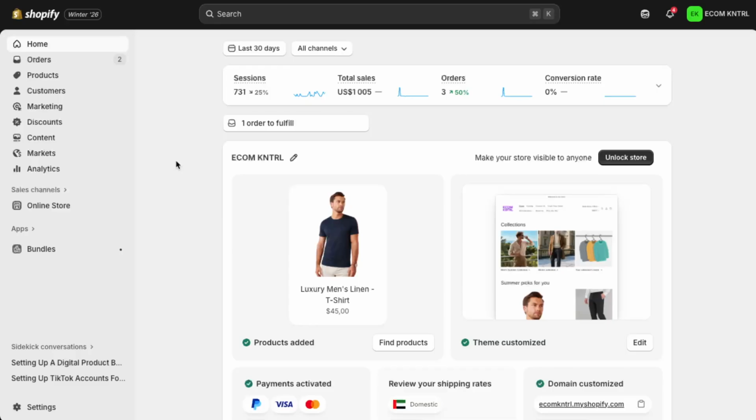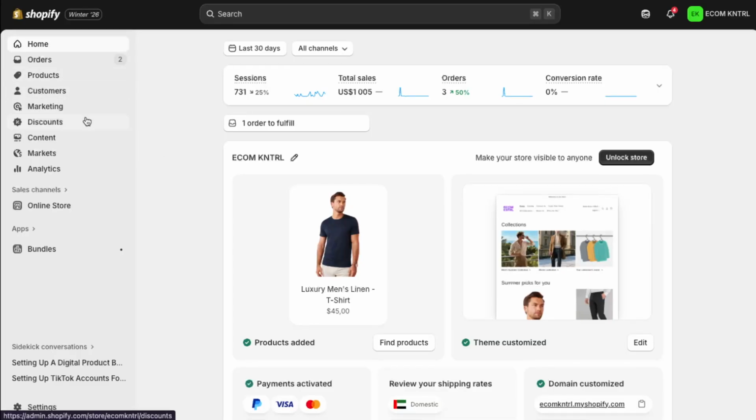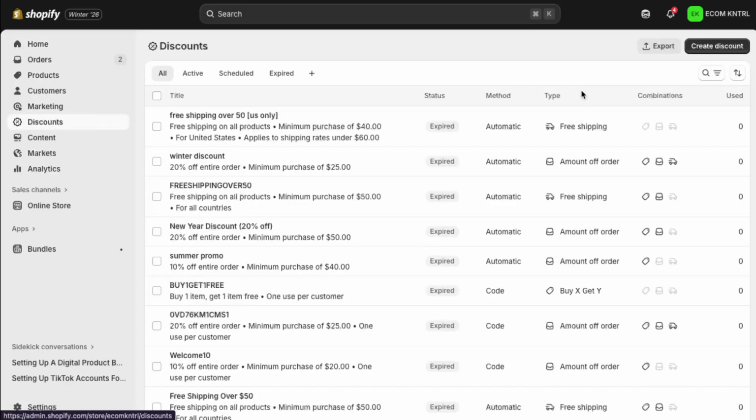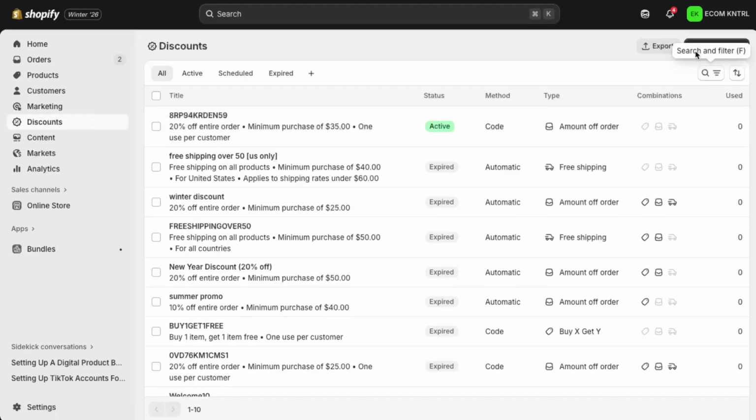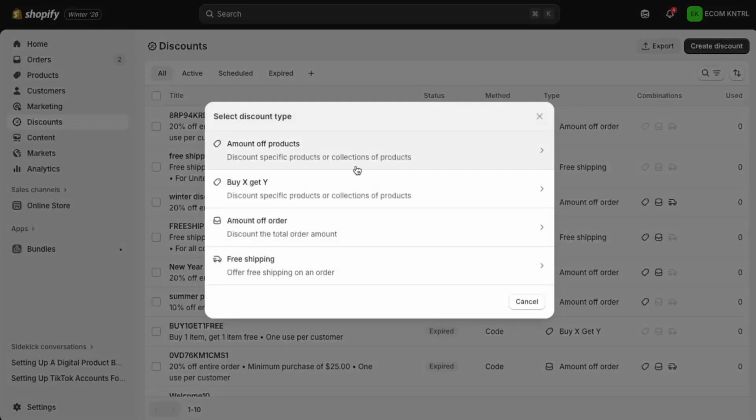First, open your Shopify admin dashboard. From the main menu, click Discounts. This is your control center for everything related to discount codes and automatic promotions. Click Create Discount, then choose Amount Off Order. This type of discount is perfect when you want to reduce the total order amount by a percentage or a